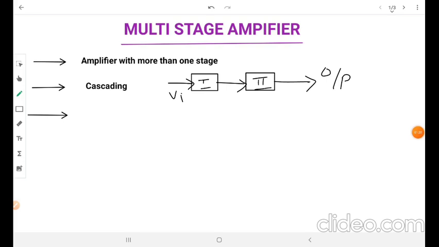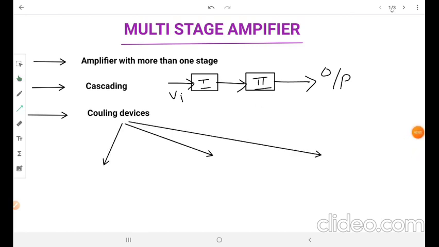Then what is the use of the coupling device? Already I told you that one stage is connected to the next stage through some sort of coupling device. What is the need for this coupling device? They are used to transfer the AC output from one stage to the next stage. Or we can say that it blocks the DC from passing from one stage to the next stage. In any way, these coupling devices are used to isolate the DC conditions.